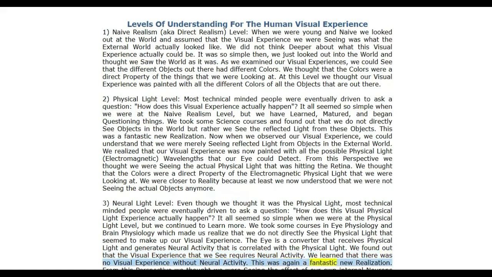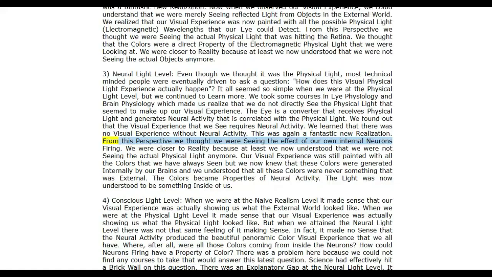This was again a fantastic new realization. From this perspective, we thought we were seeing the effect of our own internal neurons firing. We were closer to reality because at least we now understood that we were not seeing the actual physical light anymore. Our visual experience was still painted with all the colors that we have always seen, but we now knew